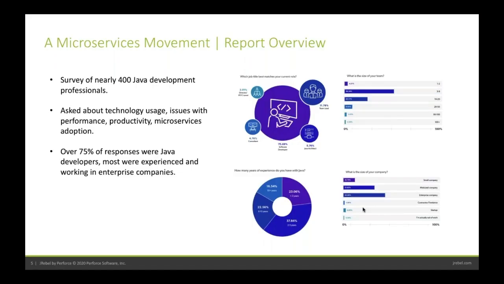So first off, let's talk a little bit about the overview of this report. Now, this report asked over 400 Java developers throughout the world. We focused mainly on developers. You can see that there are some other team leads and architects and even some C-level people, but for the most part, we targeted developers. And the reason is because JRebel is a developer-centric tool. XRebel as well. We are all focused, and we want to know and understand developers throughout the world. And this is one way that we believe can help us understand more what developers experience on a day-by-day basis.